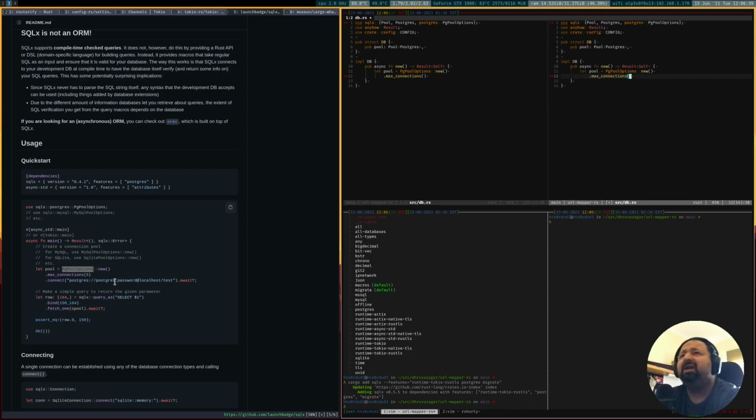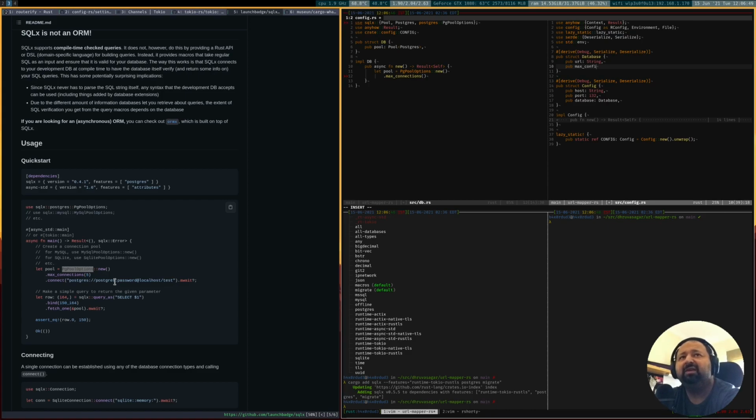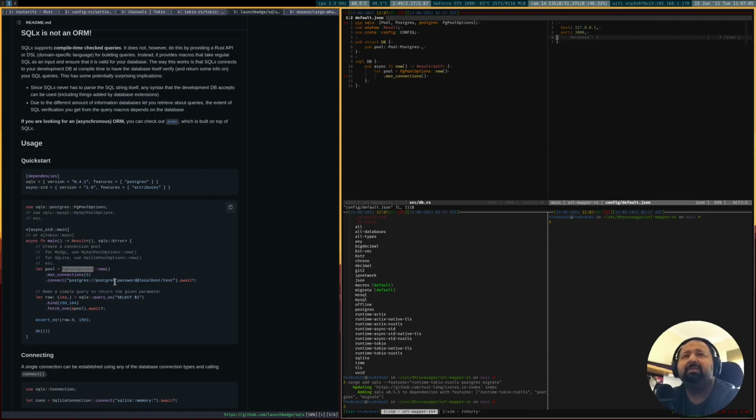Rather than hard coding, I'm going to improve our configuration, and we will add the max connections setting here. This is going to be a u32, which I'm already aware of, so I'm going to do that straight away. And let's also go ahead and update our default configuration.